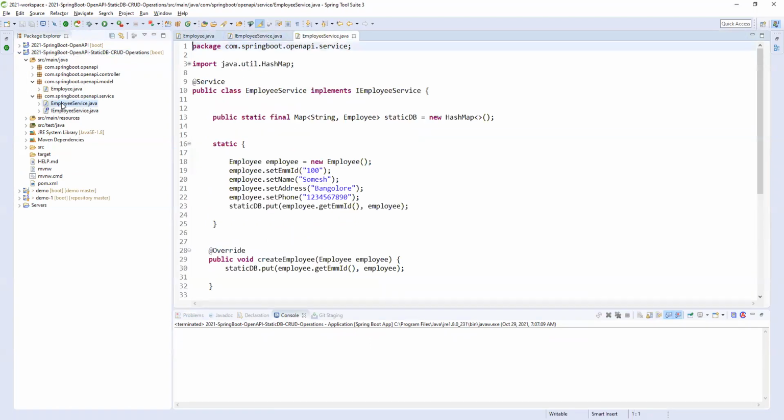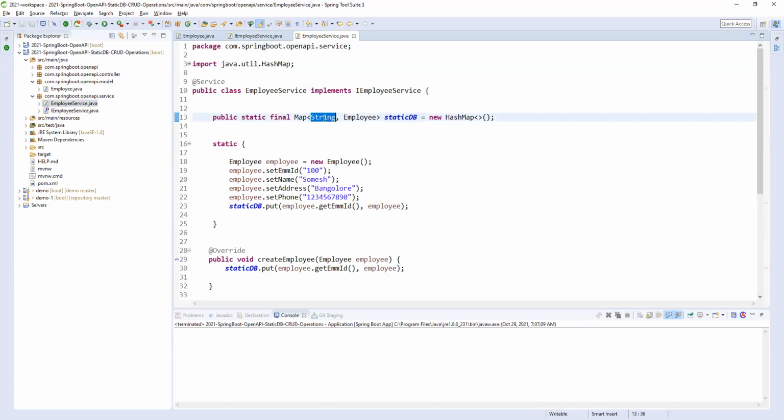So coming to service IMPL. So here, static DB. So this is what I'm saying. We can say static map or static DB. Okay, static map. So I'm taking one string map. What I'm saving here is string and employee. What is the string? Obviously the unique ID. What is the unique ID? Maybe employee ID. So that is the reason I'm taking employee ID as a string instead of long, right? Or you can use long or integer here. You can take according to that. So no issue. Anything would be fine as long as it is unique.